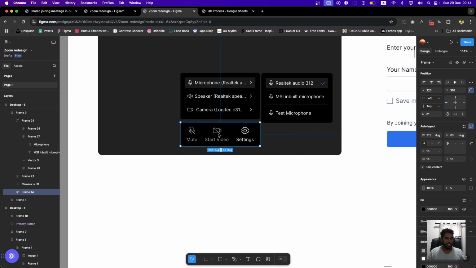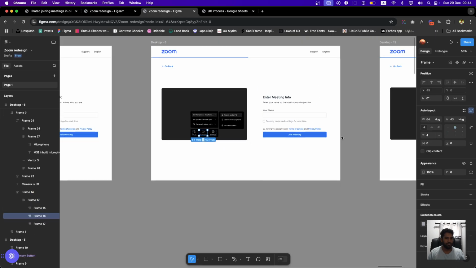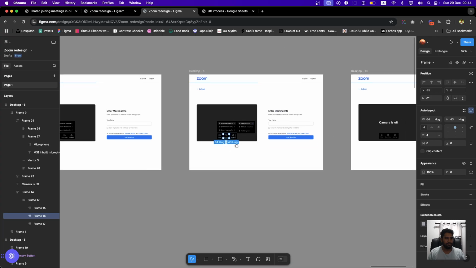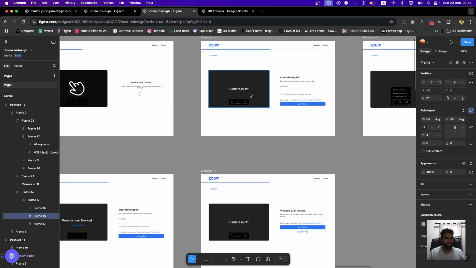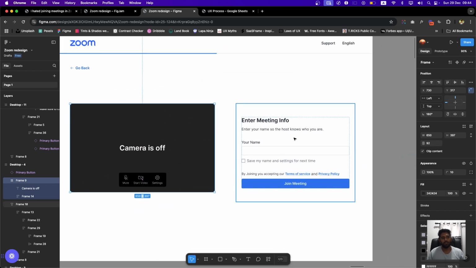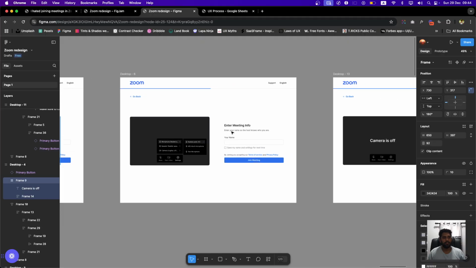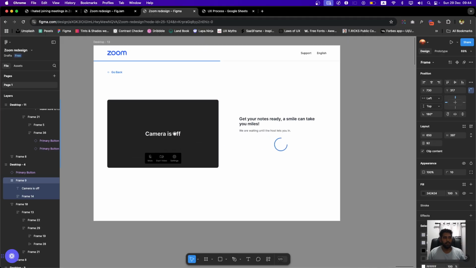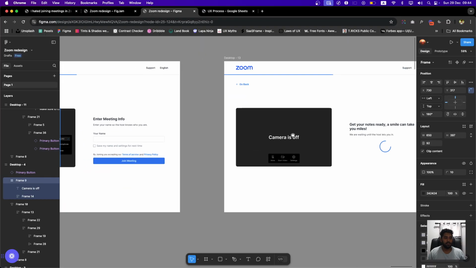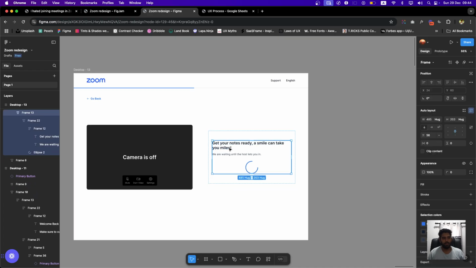click on these to activate the video and activate your microphone. And again, if these are turned off, you can see that camera is off is given. So again, assuring the user that the camera is off and they don't need to worry about the camera settings. So once they accept that, once they proceed to join the meeting, they are given this warm message of